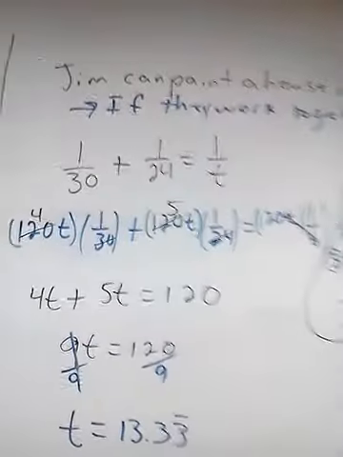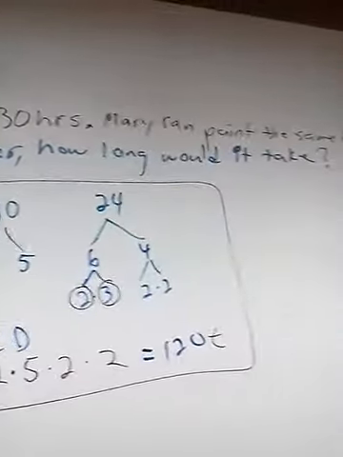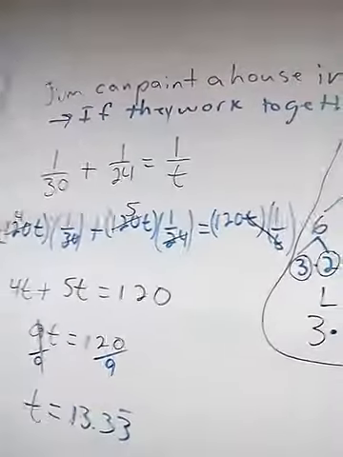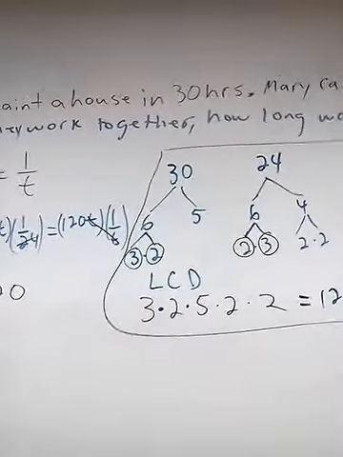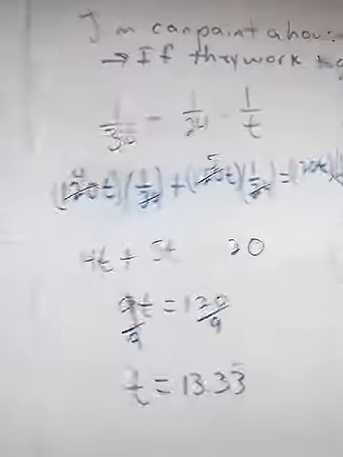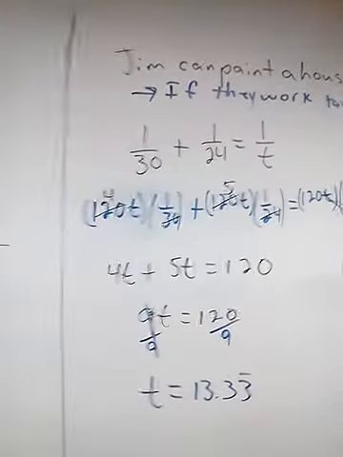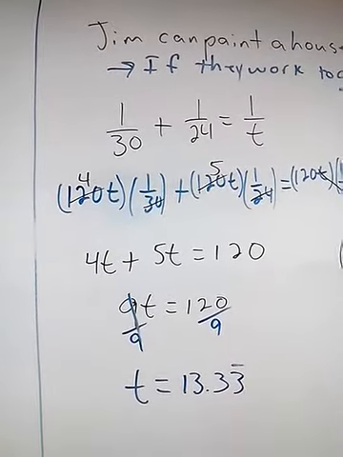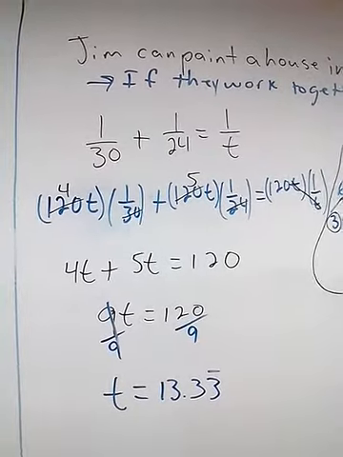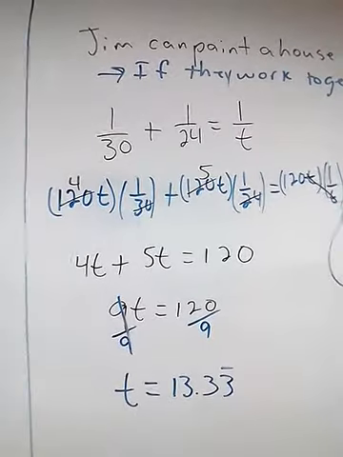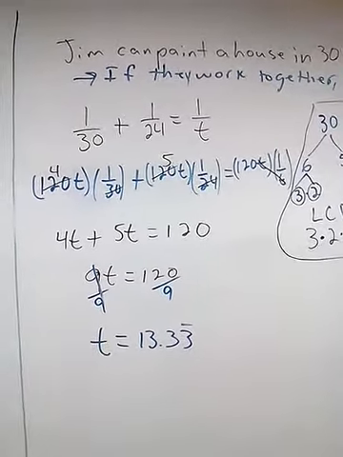In the last example, I have a work problem where Jim can paint a house in 30 hours, Mary can paint the same house in 24 hours. And then we want to know how long would it take for them to paint the house together. Well, that becomes a rational problem here, where the 30 hours becomes 1 over 30. We add it to the 1 over 24 hours is equal to 1 over the time. Work problems become a rational problem. So to find our common denominator,